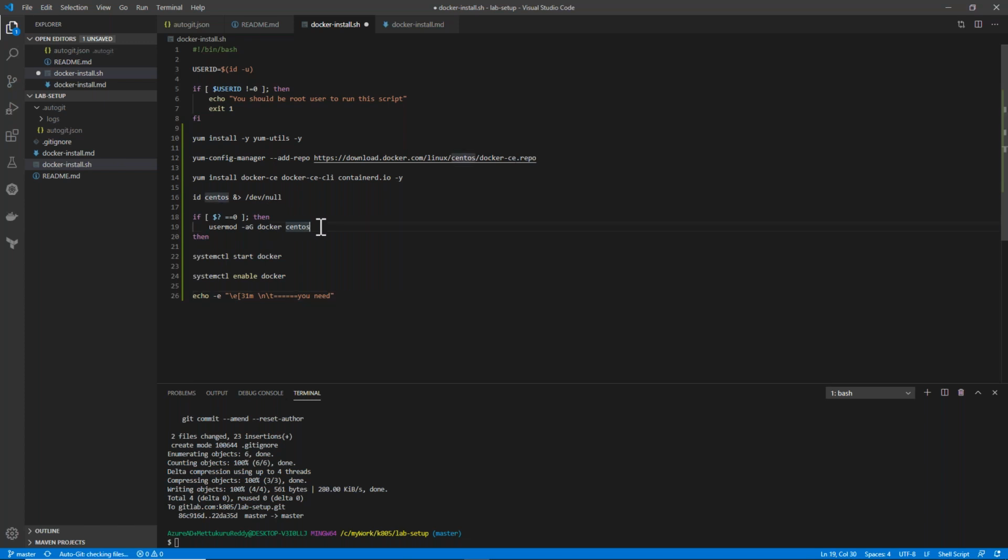Yeah, so okay. So the condition itself is this one. Else given right. Okay, sorry, it's not this one. Else will print some message. Your username should be CentOS or change the username in the script.